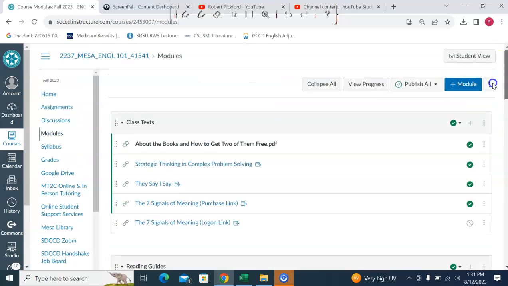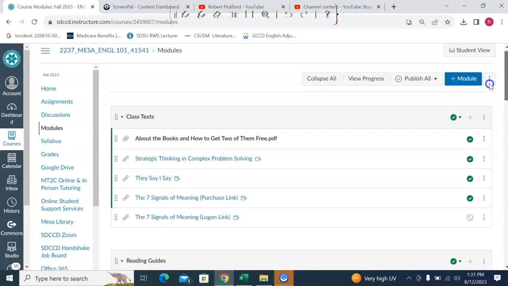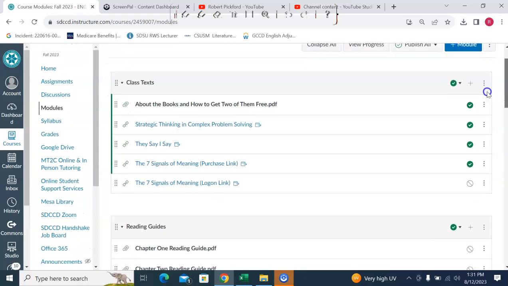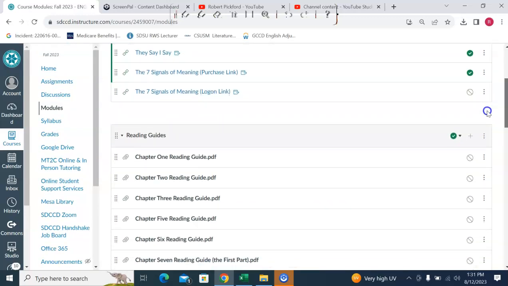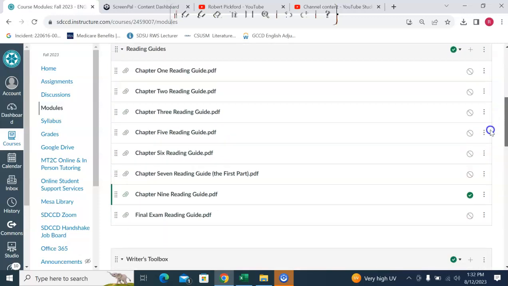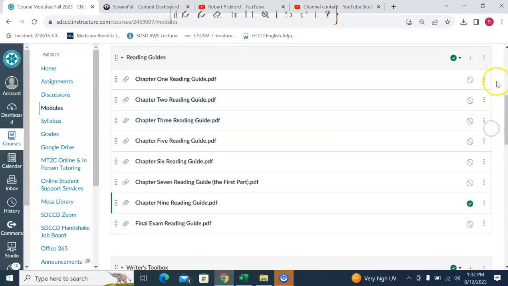The reading guides, and that's because strategic thinking and complex problem solving is a little bit less readable than the other two books. And we're going to have a lot of reading assignments in it. So I wrote up some reading guides. I'm starting with chapter 9 because it's a bit more readable than chapter 1, which we'll do after chapter 9. A little strange, I know, but bear with me. I think you'll understand what the book's about and why you're going to use it if you approach it this way.